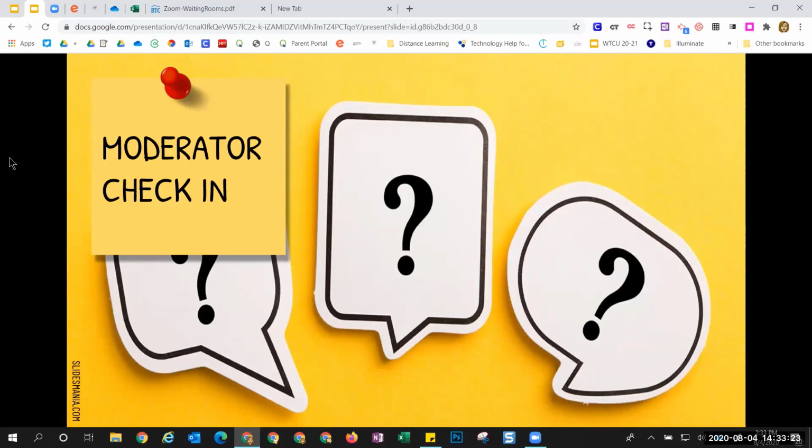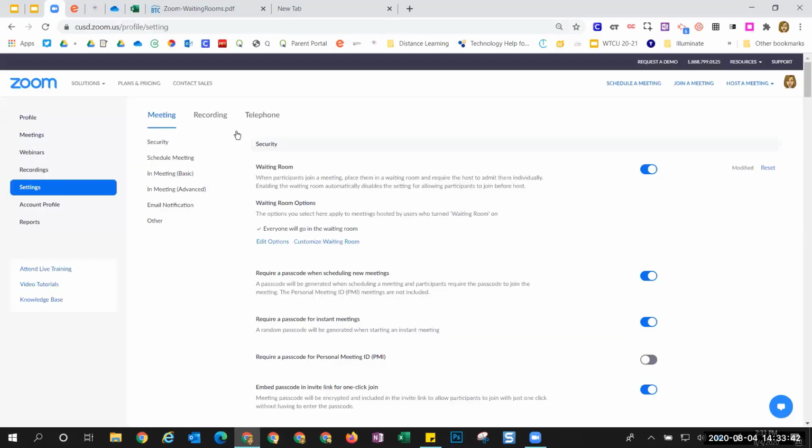How are you recording this? Screencastify limits to 5 minutes. Okay, so there is a recording feature in Zoom, and I can show you that. There's a little caveat to that too. If you're recording, let me show you my settings up here. So in Zoom, under the recording tab,